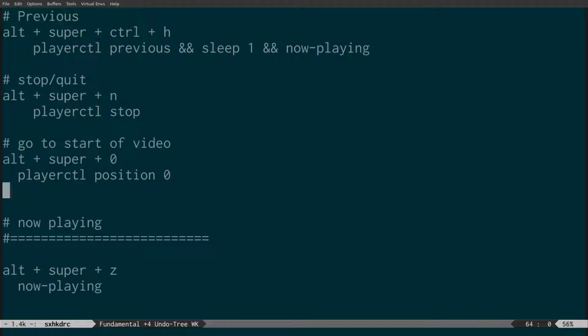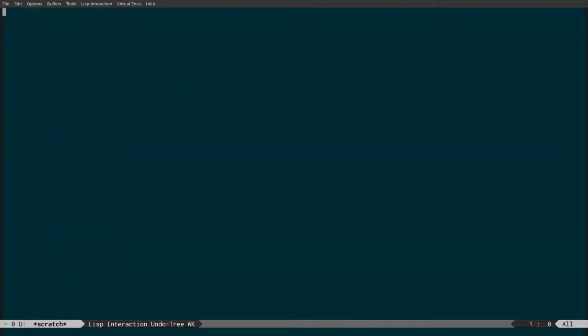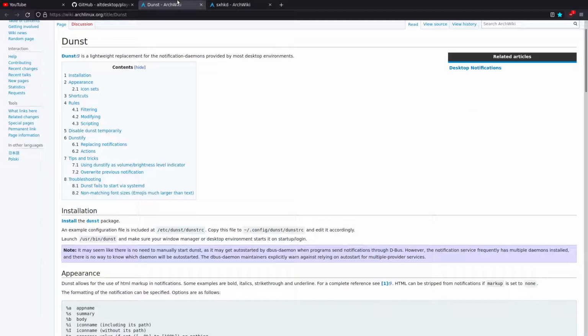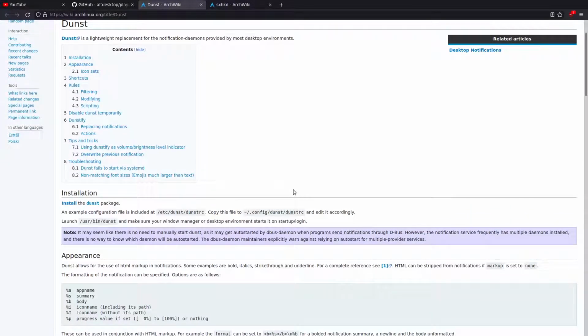And then finally, what I've done is create a keyboard shortcut, which is Alt, Super, and Z. When I press that, it's going to show the desktop notification. So I can press play or pause, and that's going to play and pause and also show the notification. But if I just want to show the notification, I can press this keyboard shortcut. So that's the sxhkd setup. Now what I want to do is come across to the dunst setup, because there is actually a